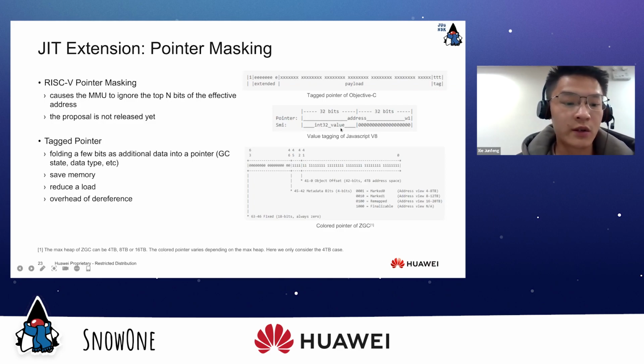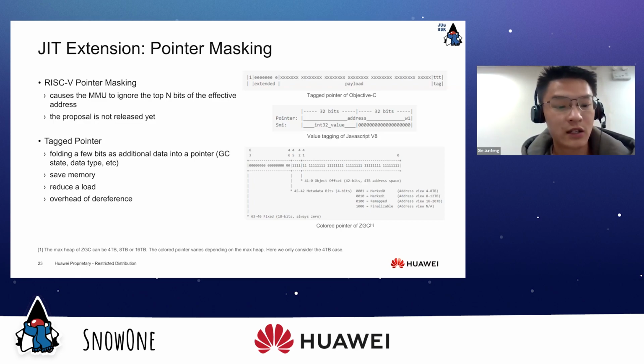In JavaScript V8, a value is either a pointer or a small integer, SMI. The engine uses the least significant bit to distinguish the small integers from heap object pointers. If the bit is set, the engine uses the top 32 bits to store an integer.